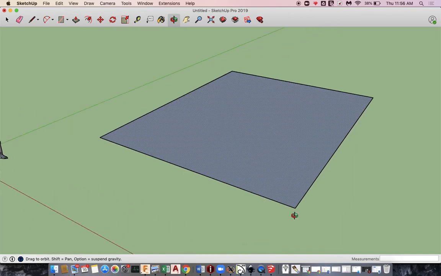And there's some special things that help us determine what we're doing. If I click once, notice how it selects this face. If I double click, it's going to pick the face and the edge. And if I triple click, it's going to grab everything connected to it. So even if I had some other stuff off to the side,